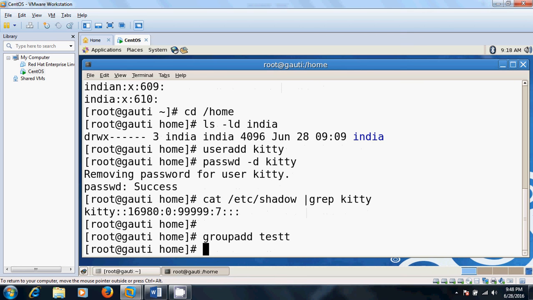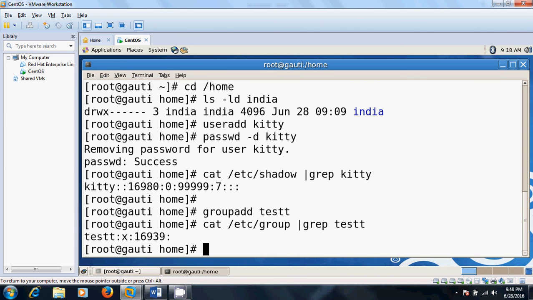Now cat the file, cat /etc/group, and grep test. This is the group name, this is the ID.